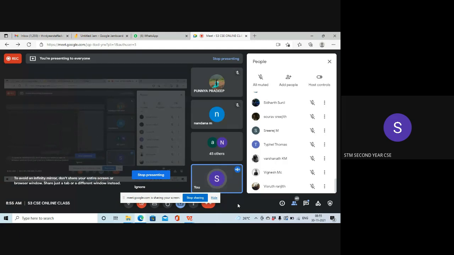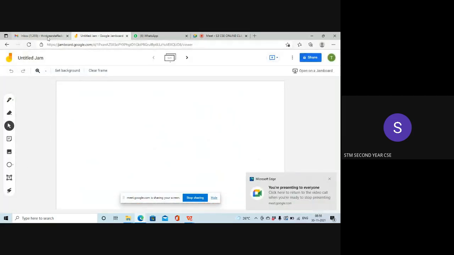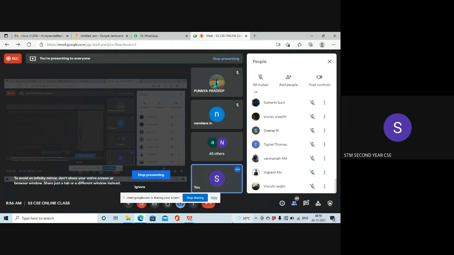Then, there are around 12 rules of inference, out of which I think we had covered three rules. Can you say which are the rules that we had covered? Sriraj, what was the first rule? Okay, modus ponens. What is modus ponens, or it is also called the rule of detachment?